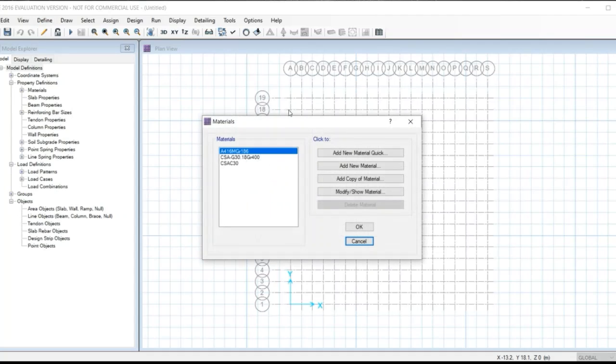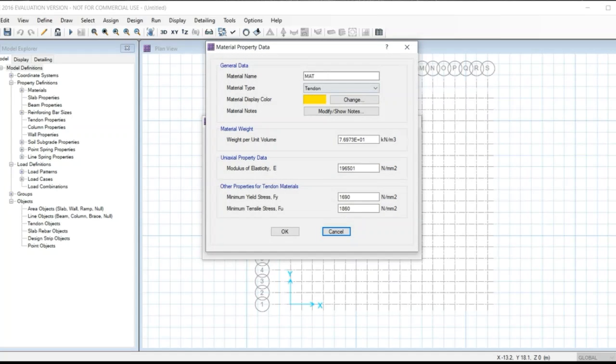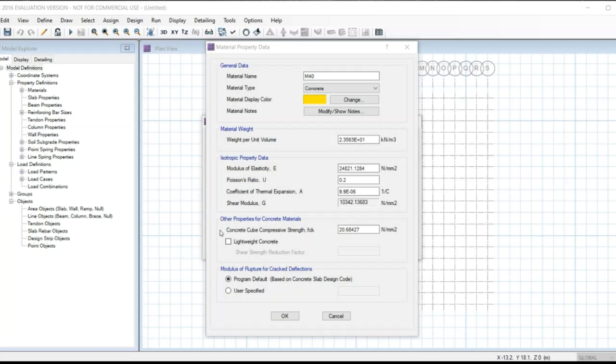Now go to define material, add new material, give the material name mat footing M40, and material type concrete. Now here type the values of the grade M40. These are all default values of M40 grade.